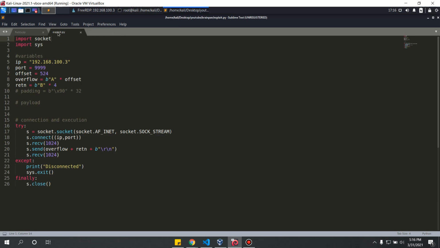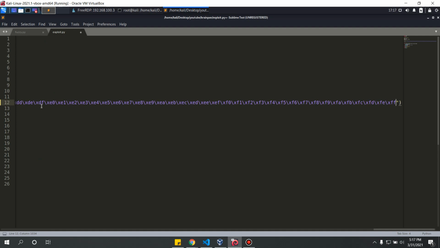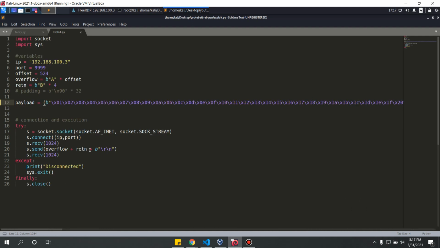So let's just go back to our exploit, and this time let's remove this, and let's just insert these bad chars as our payload. So again, that's going to be in bytes, and then we place it there. And before we send this, we want to ensure that it's included in the code. So we're going to specify what to send, and here we go. So if I run that again,